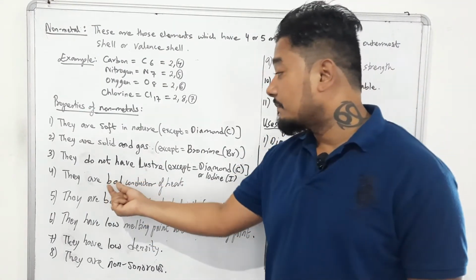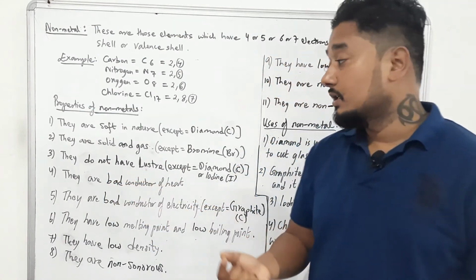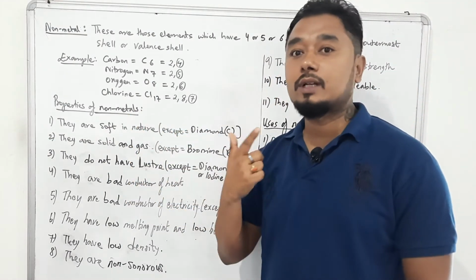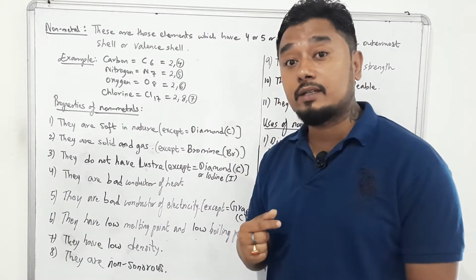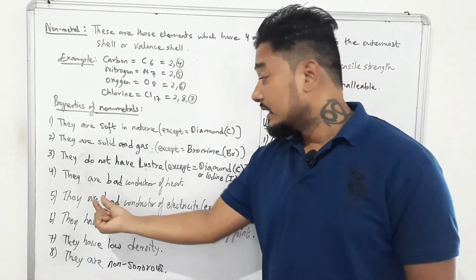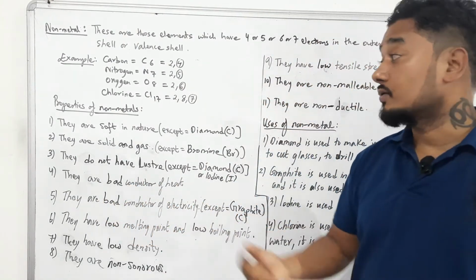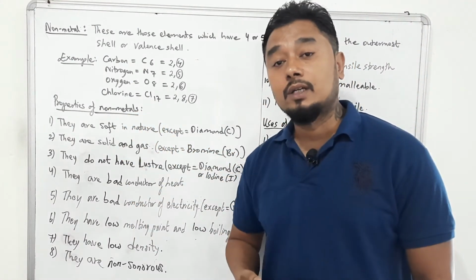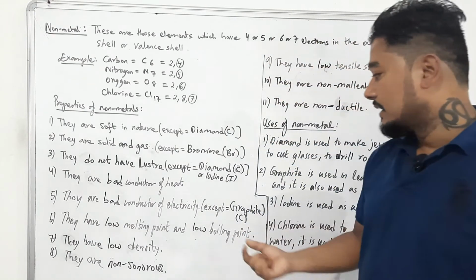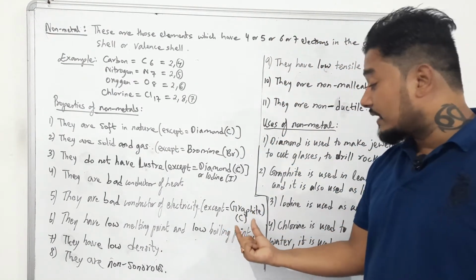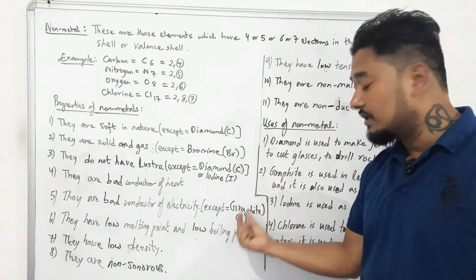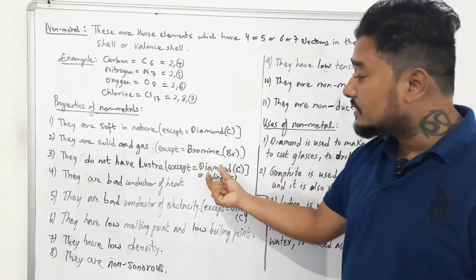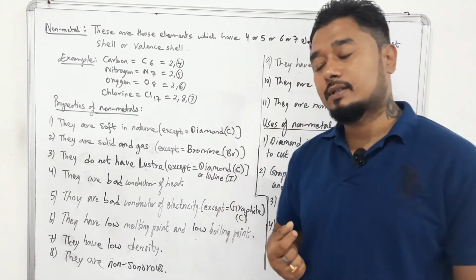Now next, metals are good conductors of heat, whereas non-metals are bad conductors of heat. Metals are good conductors, but we are learning the properties of non-metals right now. So they are bad conductors of heat. They are even bad conductors of electricity. So non-metals are usually bad conductors of electricity. But there is one non-metal which is a good conductor of electricity, and that is graphite. And this graphite also comes from carbon, therefore its symbol is what? Only C. Okay, and you have to remember these exceptional cases for objective questions.